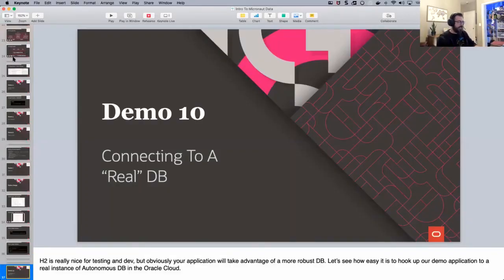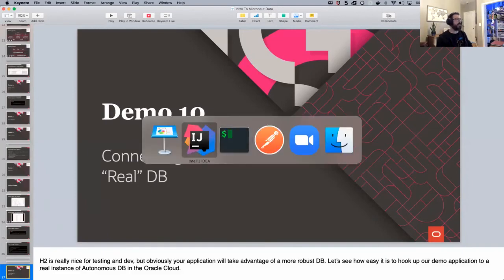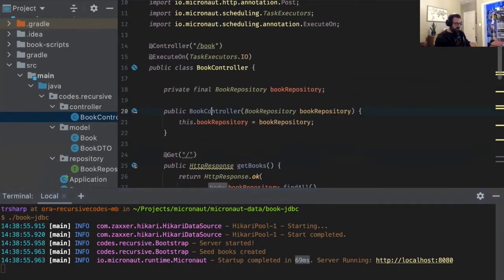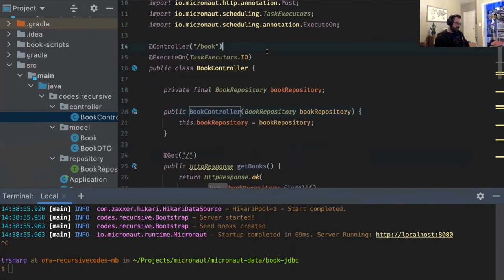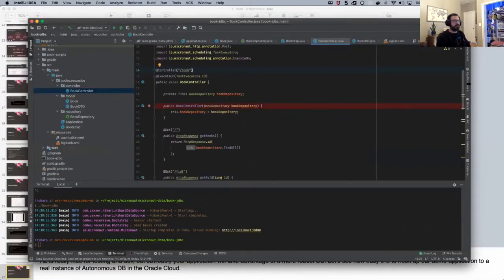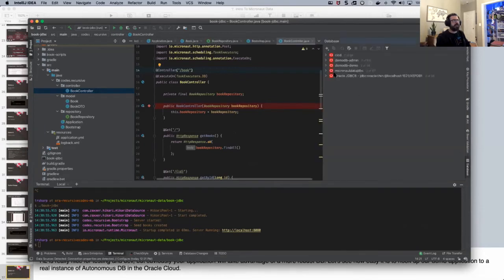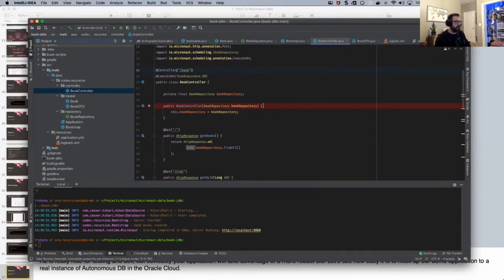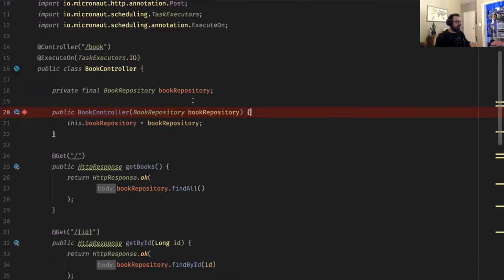Let's take a look finally at what it takes to connect up to a real database, right? So far, we've just been using H2 built in. So I want to show you, it really is just as easy to switch your application over to use a real database. So let me open up my database console here in IntelliJ. And as you can see, I have two tables in this schema right now, and neither one of them are called book. But if we wanted to use the Oracle DB in the cloud that I just showed you, we can do that by